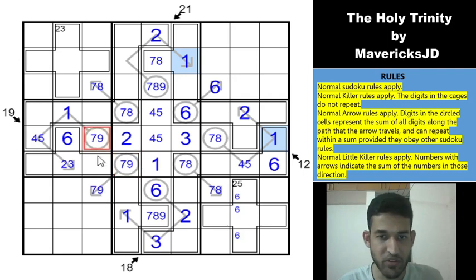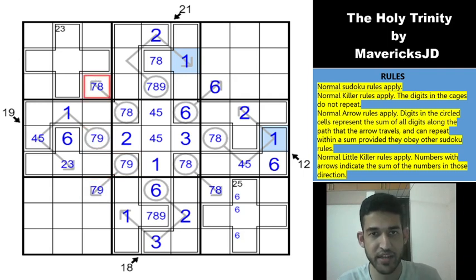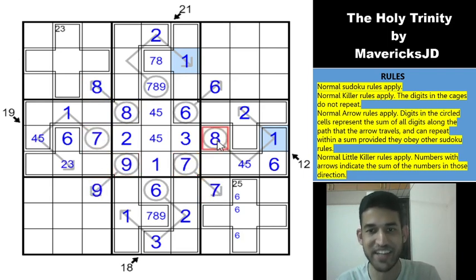Okay, superb. So I get a 7, 9 pair. So if I have a 7, this becomes 9, if I have a 9, this becomes 7. So 7, 9 pair gives an 8 here. That's nice. So that in turn gives an 8 here, a 7 here, a 7 here, a 9 here, a 9 here, and a 7 here, and an 8 here. Superb, guys. A very, very narrow,